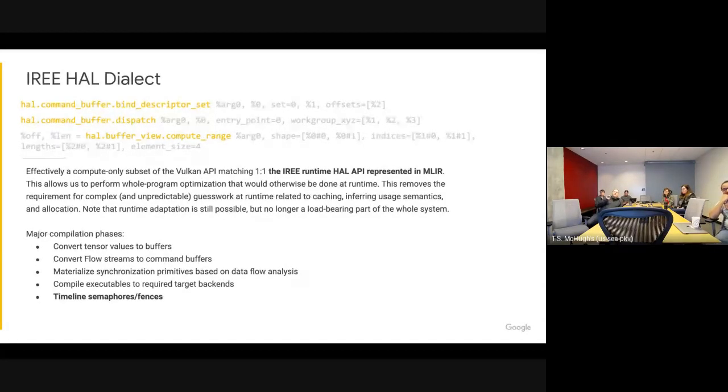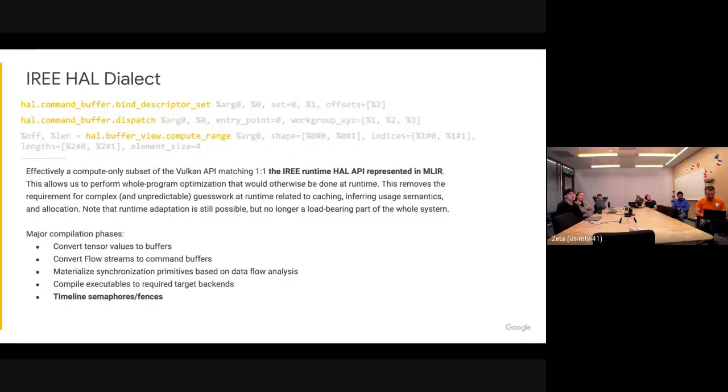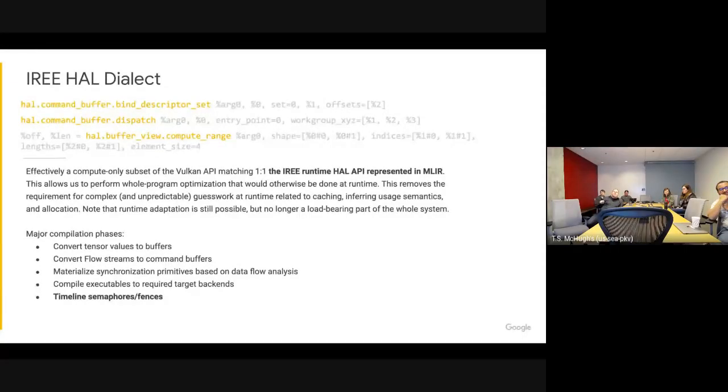And being able to do that whole program global analysis is what lets us do things like know when we're inside of a function that was called from another function, that the previous function had already inserted a barrier for us. And again, this is stuff that a lot of runtime systems do as they try to keep caches of state and do state diffs and all these kinds of things to prevent doing extra work.